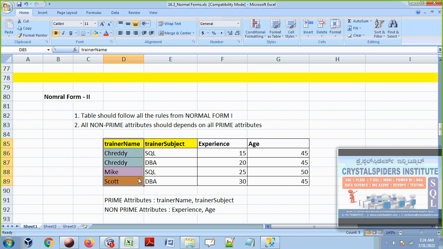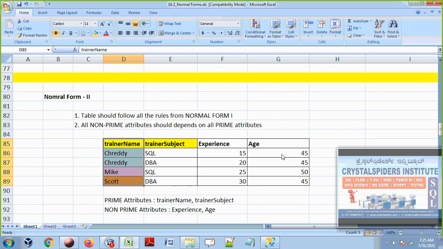What is the age of the SQL trainer? If you are going to use this as a subject, again I need to know the trainer name. Trainer name is a must. Just use the trainer name, that's enough. No need to know the subject. If you are asking me what is his age, I don't need you to tell me what subject he is teaching. That is not the correct question. Why do you want to know about the subject? Because I am asking age. If we want to know the age, we don't need to know his subject details. If you want to know experience, then we need to ask the trainer name as well as his subject also. It's mandatory.